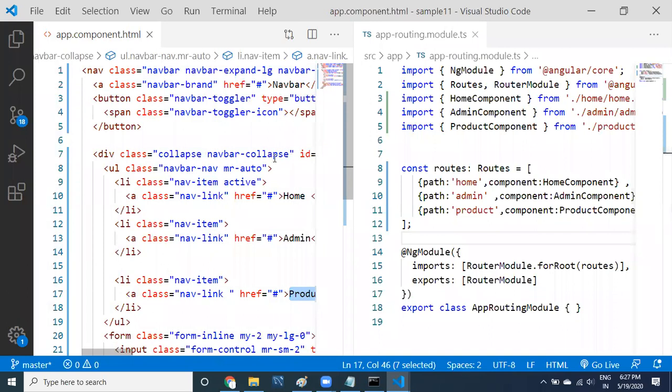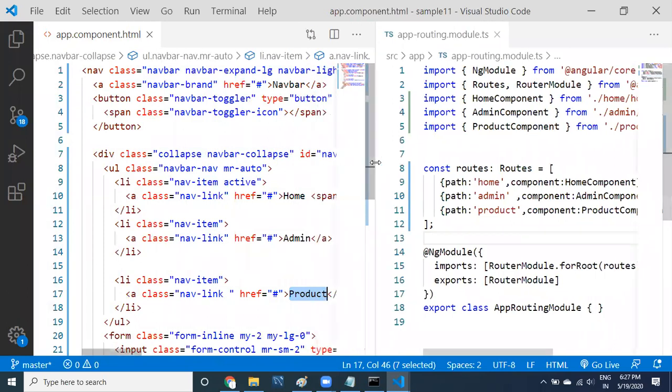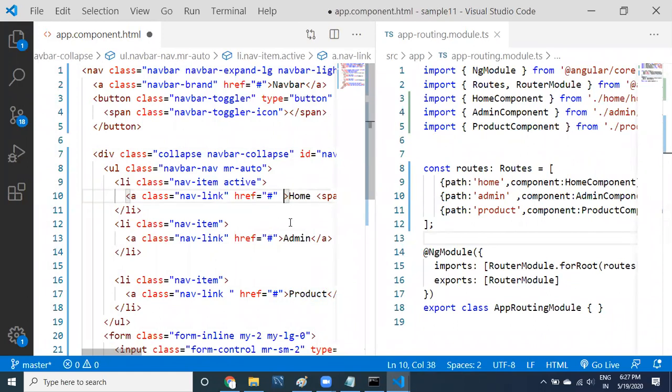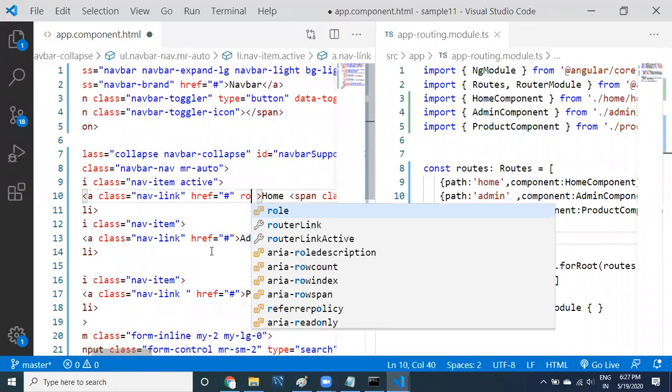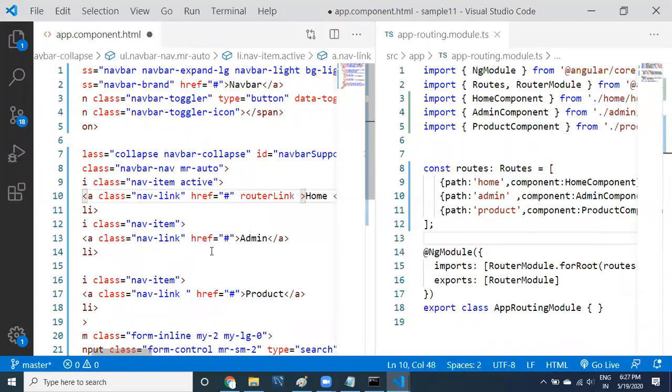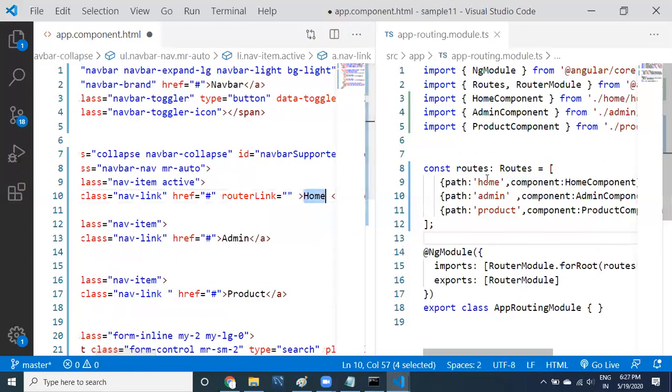Here in the app component, for the link, sorry, not router outlet, it is going to be the router link. You have to provide the path. For home, what is the path I have to provide?